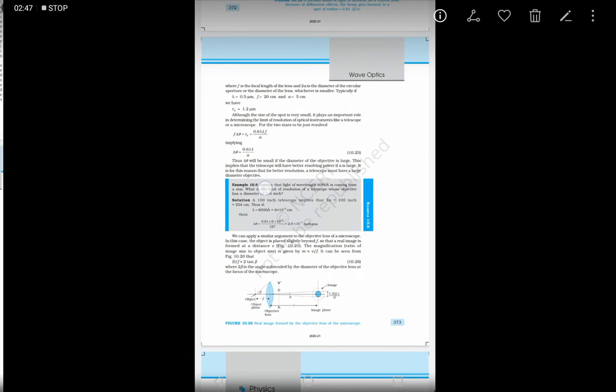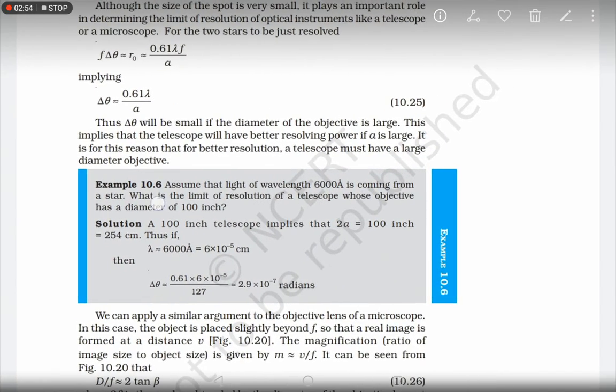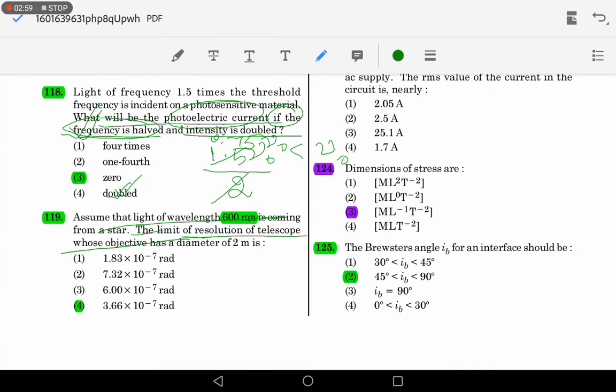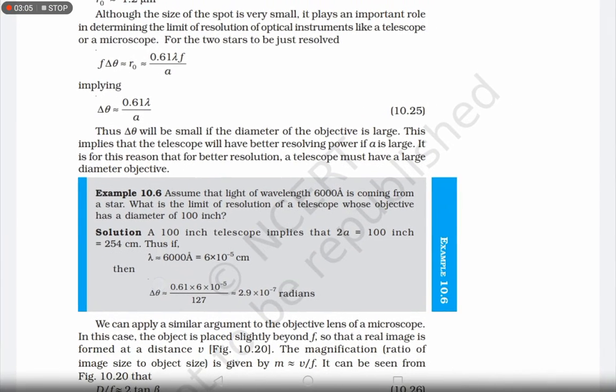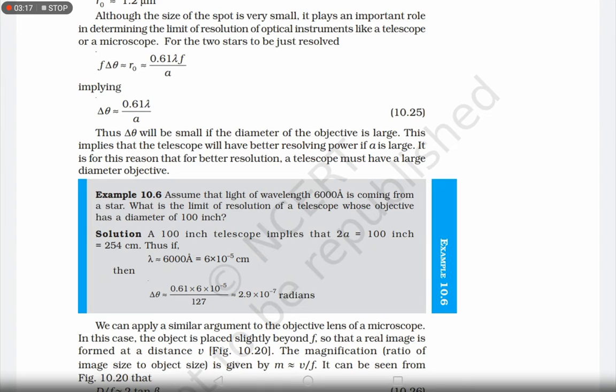You could see here, assume that a light of wavelength 6000 Angstrom coming from a star. What is the limit of resolution of telescope whose objective has a diameter of 100 inch? So the same question, diameter is provided, the wavelength is provided. Just use the formula given. Del theta, which we call angle of resolution or simply resolution whenever possible, is equal to 0.61 times lambda by a, where lambda is the wavelength and a is the diameter